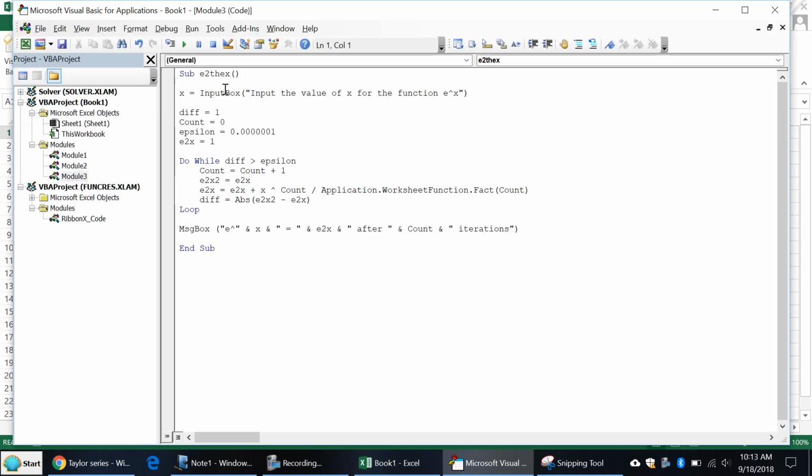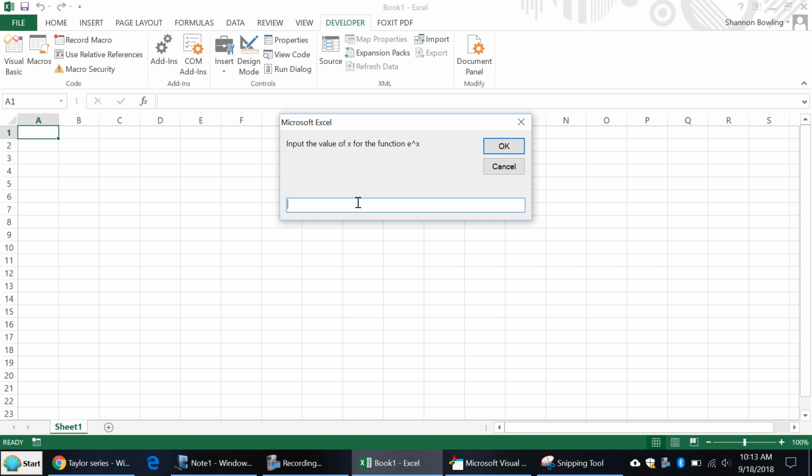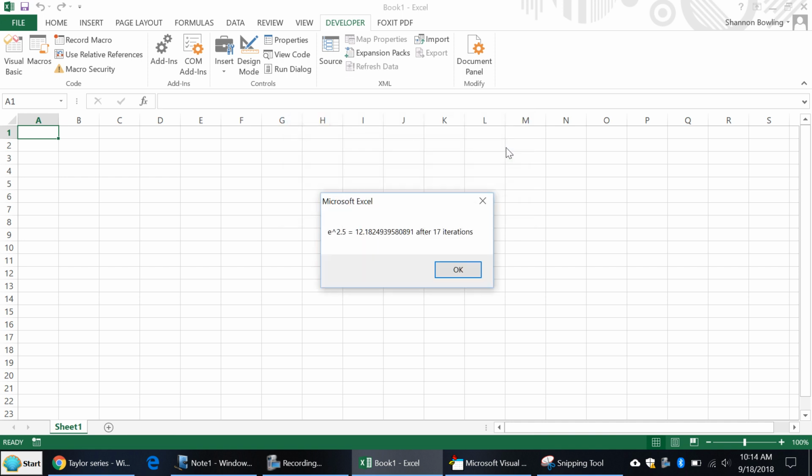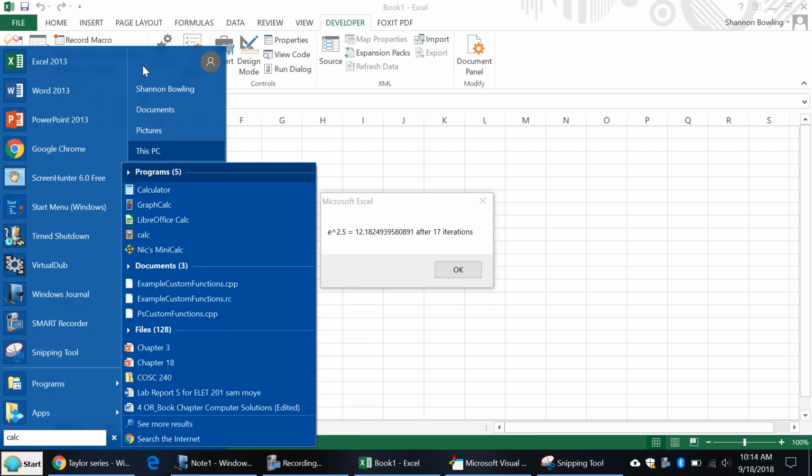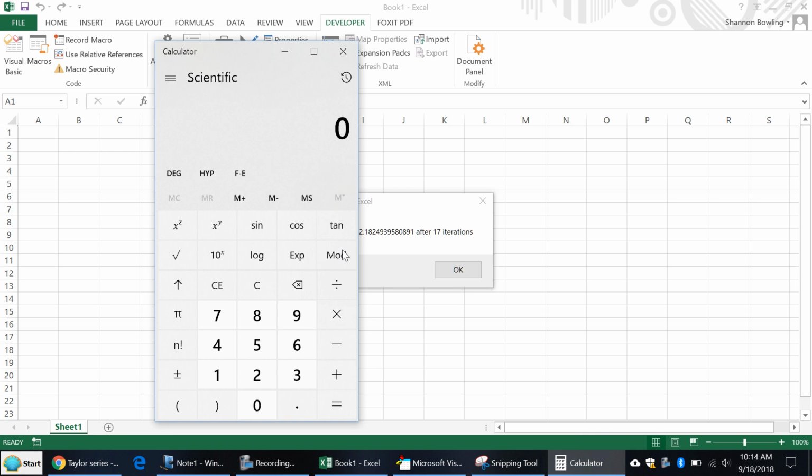So, you know, the good thing about this one is I can plug in now. I don't know if this will work. Let me try. See what happens if I do like 2.5. E to the 2.5. Yeah, it works. Yeah. So, my calculator. So if I take 2.5, yeah, so I got